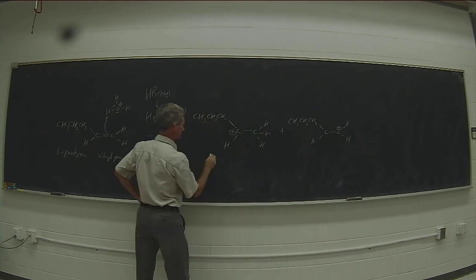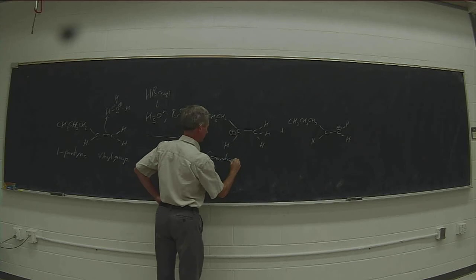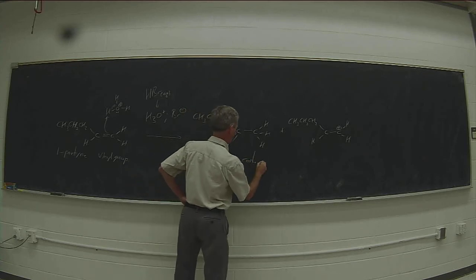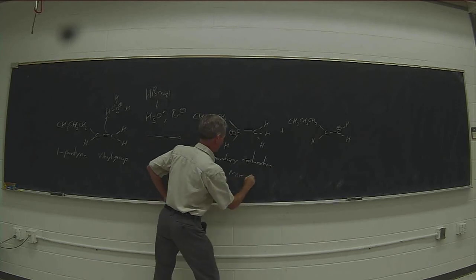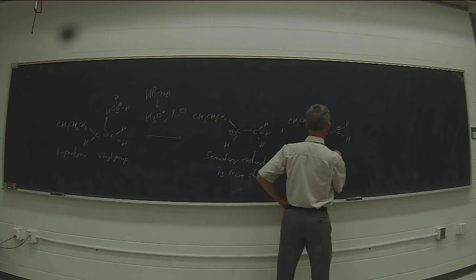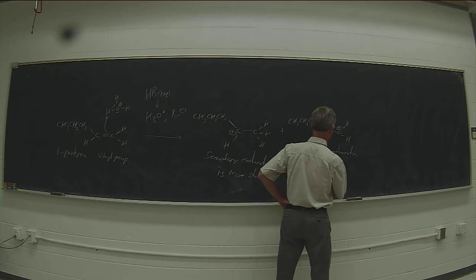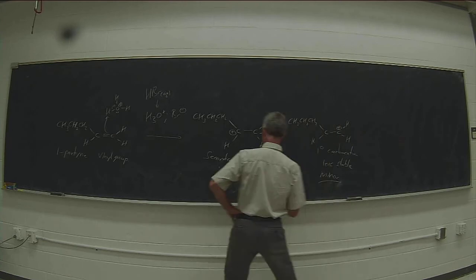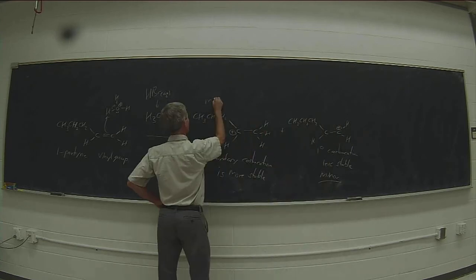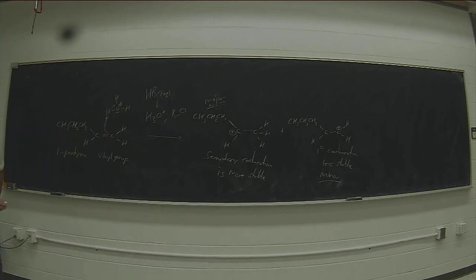We know that the secondary carbocation is more stable than the primary carbocation. So we know that the major carbocation formed will be the one that puts the carbocation in the secondary position,